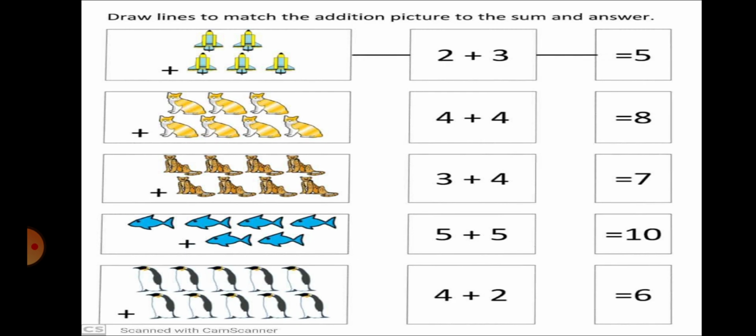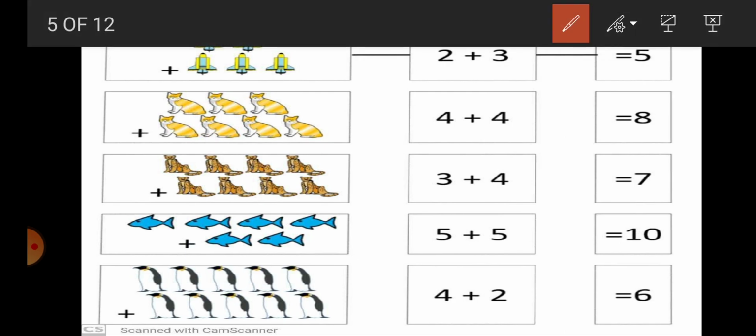Okay, so let's start our practice. 1, 2, 3, plus 1, 2, 3 and 4. So our sum is 3 plus 4. Okay, look at the other column, my dear, where you have seen 3 plus 4? Yes, it is here. What will be the answer of that? 1, 2, 3, 4, 5, 6 and 7.